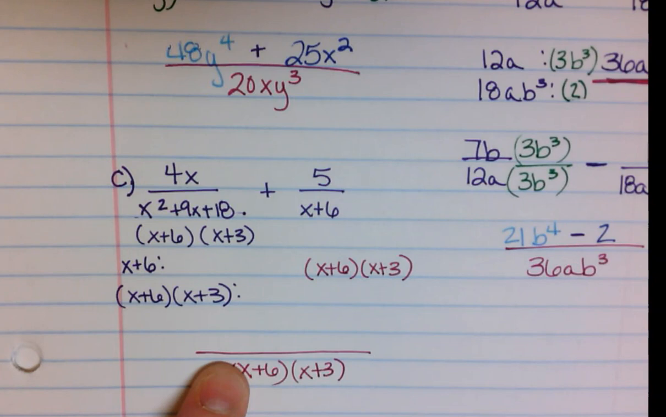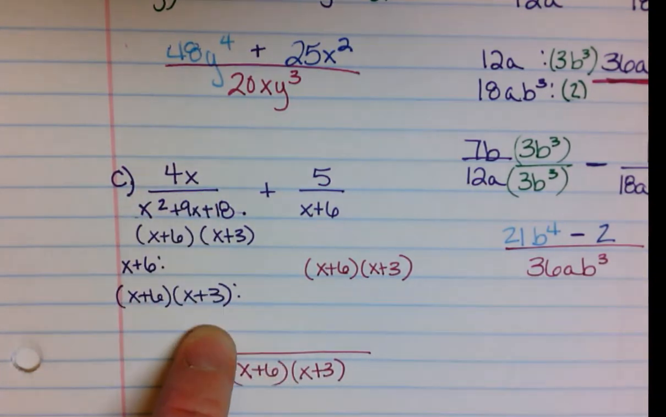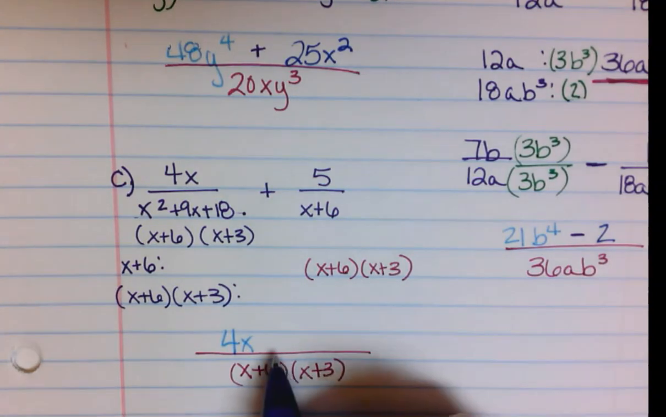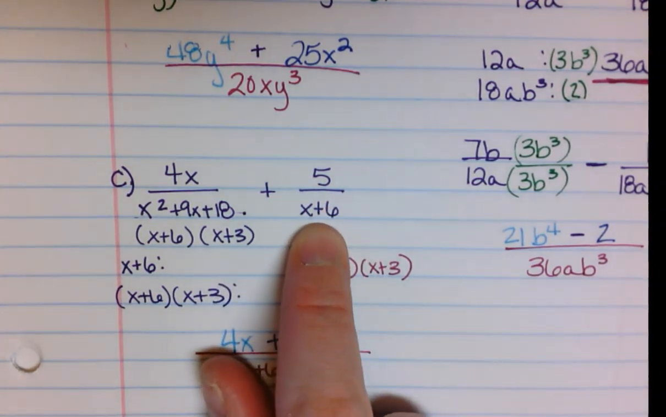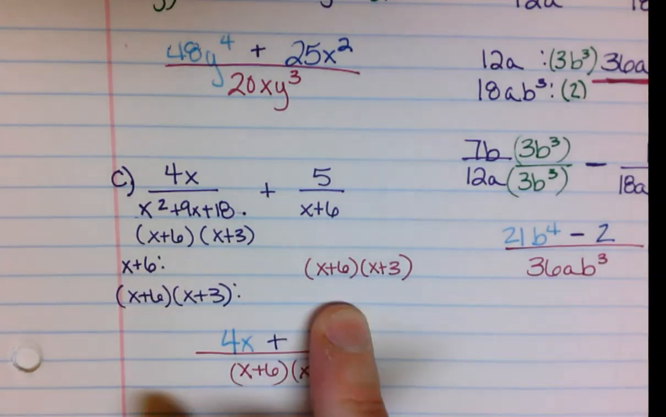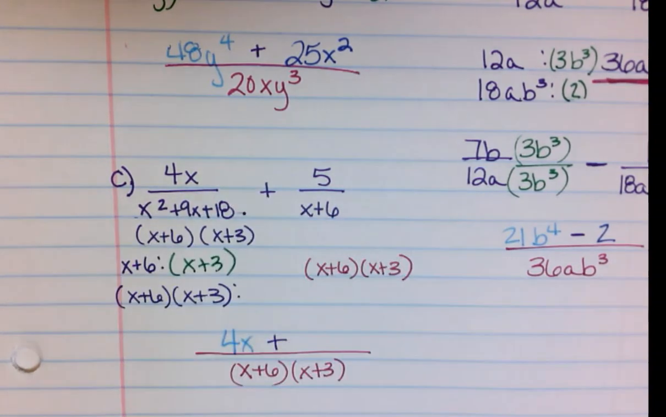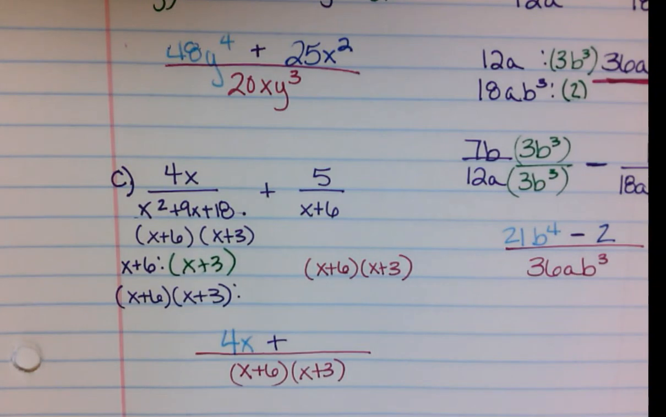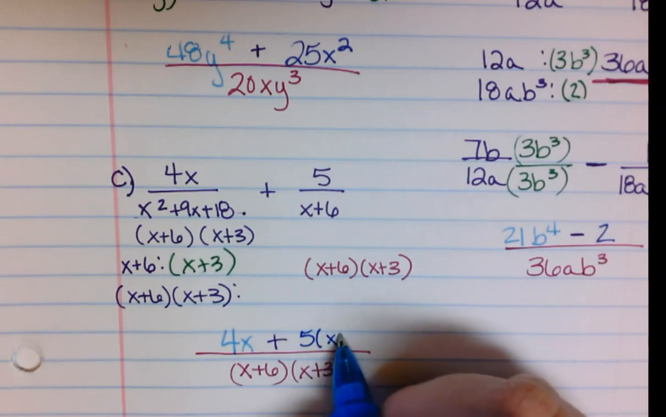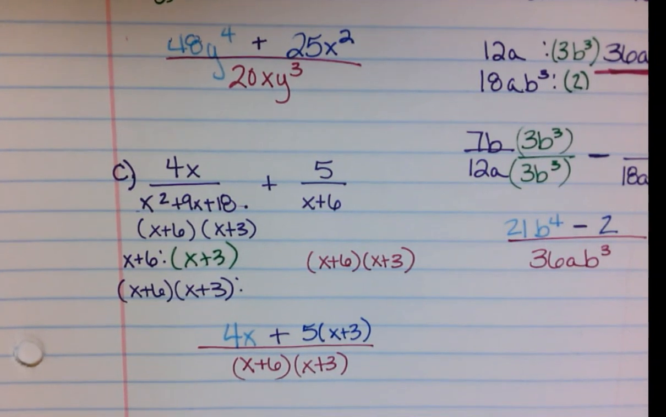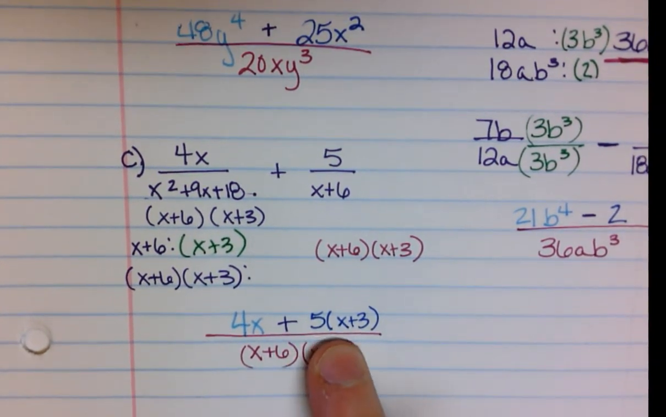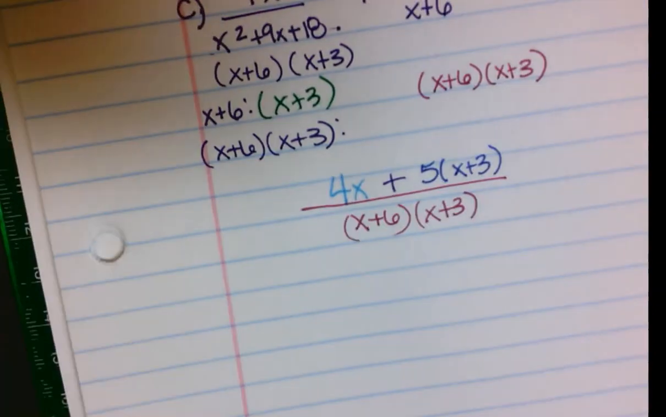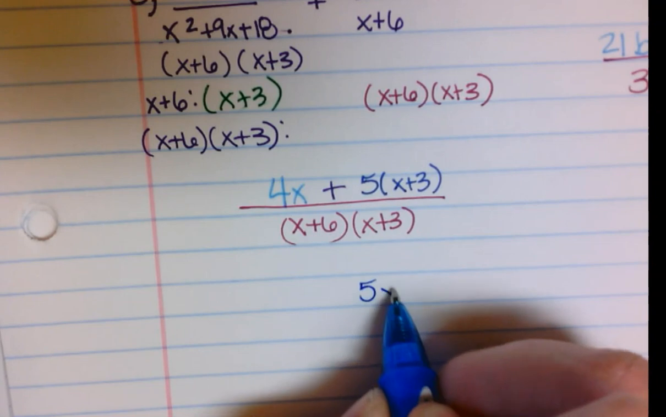The left side has both parts, so I don't need to multiply anything here. So I'm just going to drop down that 4x in light blue because I don't need to change anything on this fraction. So that's going to be just 4x plus, however, on this one I only have x plus 6. So in order to make this x plus 6 look like this, I need to multiply this by x plus 3 in green. So that means I need to take my 5 times that x plus 3, and I need to simplify this. That would be 5x plus 15